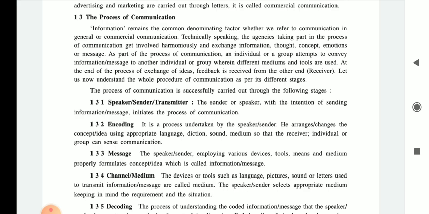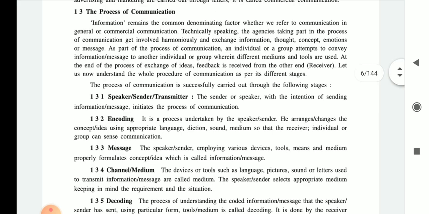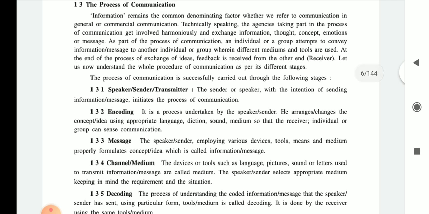Harmoniously means whatever the level and whatever the purpose through which you can conduct it, and for that you have to keep in touch and use many groups as well as information for keeping in touch and for the development of the particular concept, thoughts, emotions as well as the message, and through this you can stay tuned with the concerned parties.